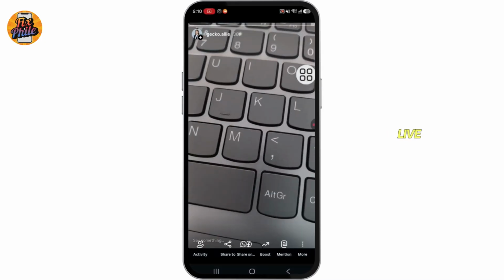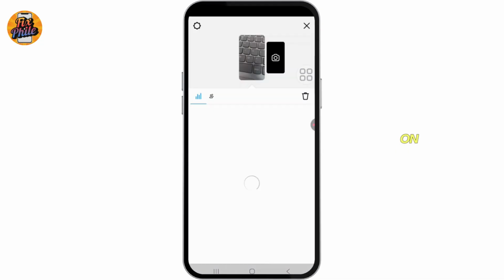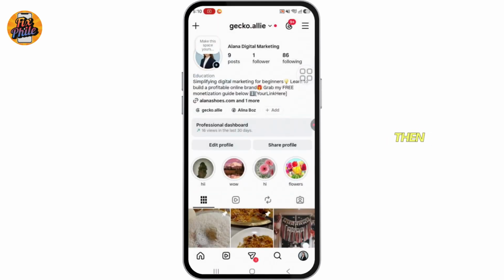If your story has been live for less than 24 hours, swipe up on the story tab or tap on activities. Here, you will see a list of accounts that have viewed your story along with likes and replies you have received. If your story has already expired, then you want to head back over to your profile, then tap on